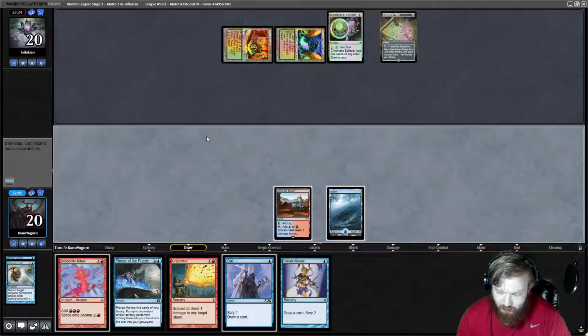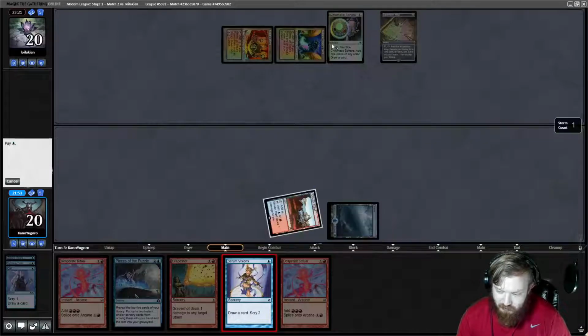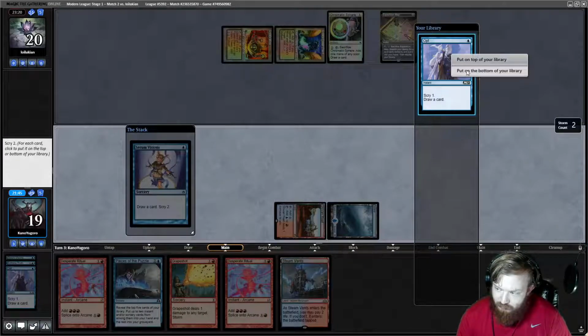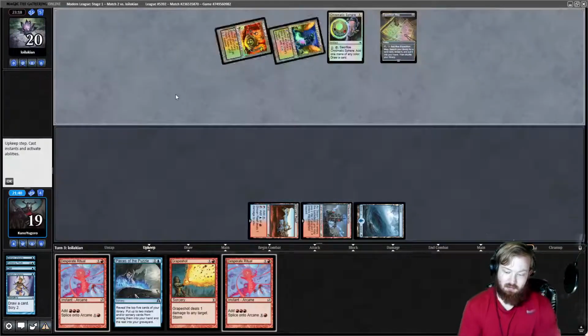We untap. We draw Serum Visions. We start Opt with like a land and a cost reducer here. Opt to the bottom. Draw Desperate Ritual. Serum Visions. We draw land. There's an Island and an Opt on top of our deck. I'm going to put both of those on the bottom, and we're going to play a Steam Vents tapped. Pass the turn. And next turn, if we could draw...